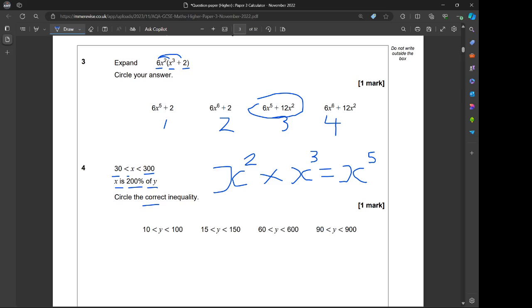Anyway, so back to the question. Circle the correct inequality. Do I eat cigarettes? That's a bit of a weird question. I don't even smoke. Anyway, so x equals 2 lots of y. 200% as a decimal is just 2 whole. So x equals 2y. If x equals 2y, we get 30 is less than 2y, which is less